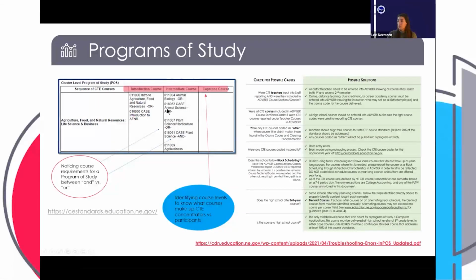But if it's "and," you would need to have animal science and plant science or horticulture. So it's important, when looking at this or talking through data, to go back and see what actually are the qualifications for those. This is a snippet of a PDF that you can find at this link. It's a 2-page document that shows you precisely how to go into Advisor to verify programs of study reports, to see if there are possible errors, and how to find solutions to